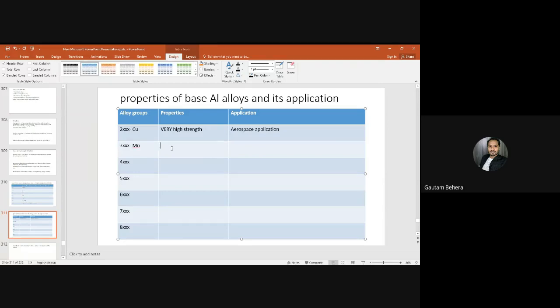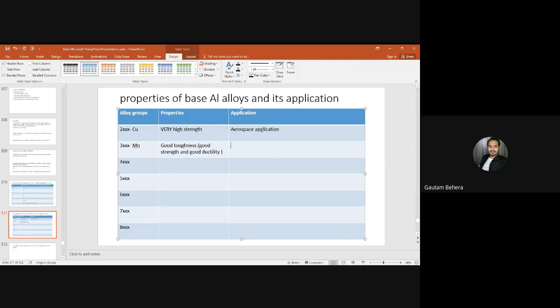3000 series here, as I told, manganese is the major alloying element. Since manganese is there, it has high or good toughness. Good toughness means good strength and good ductility. So the applications are